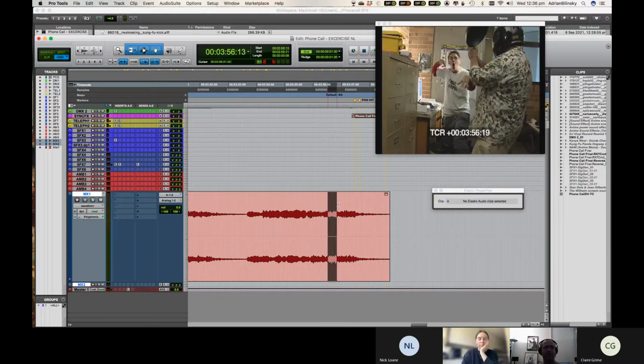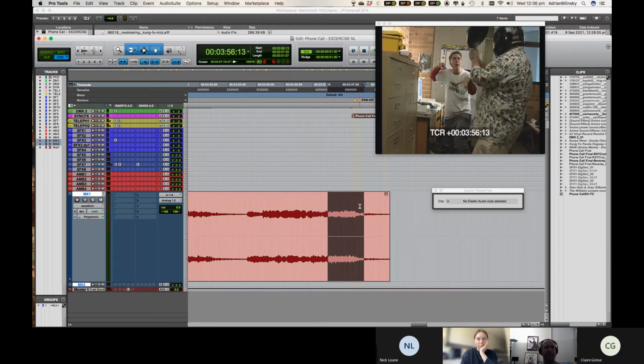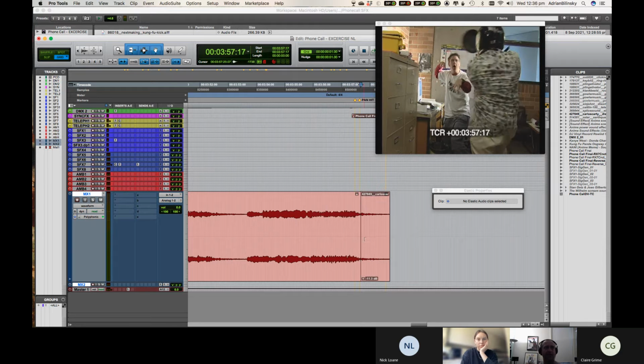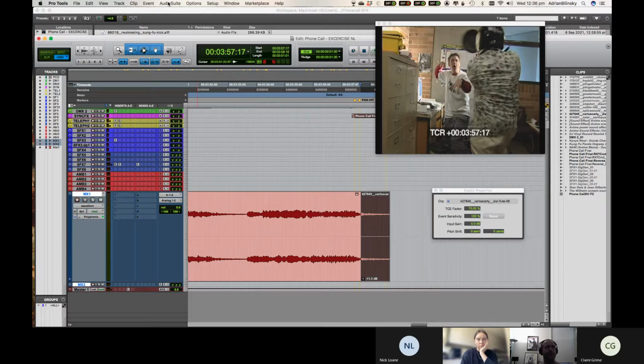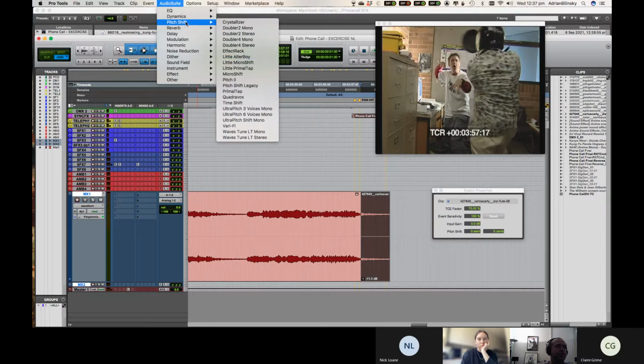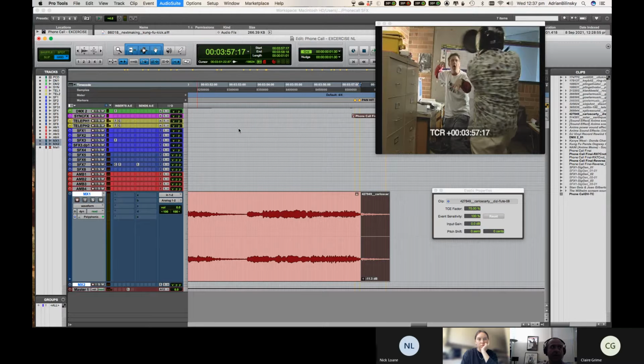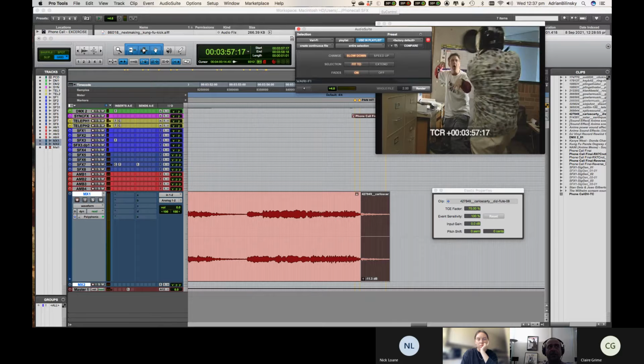What I'm going to do is I'm just going to cut it at the bong, pretty much here, and go up to Audio Suite. Now remember, Audio Suite is the effects that render onto the actual clip itself. So you highlight the clip if you just want to apply an EQ to it. You render it through Audio Suite. It actually changes the audio inside that clip. It's not like a track-based thing. So if we go up to Audio Suite and go to pitch shift and go to Verify, this is another way that we can manipulate